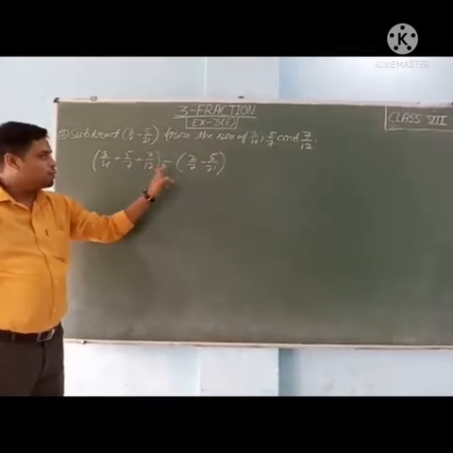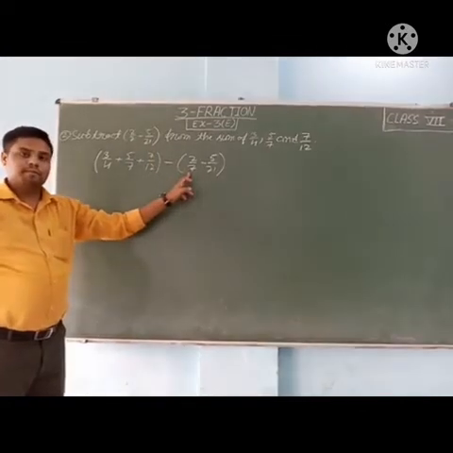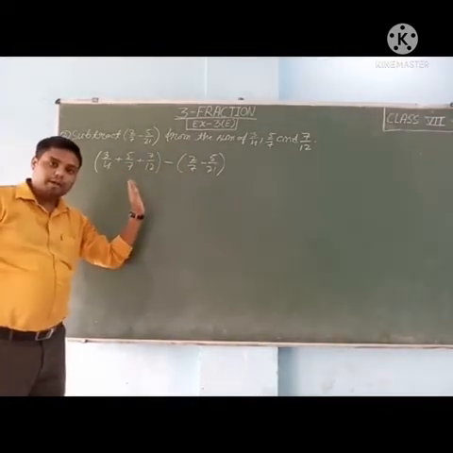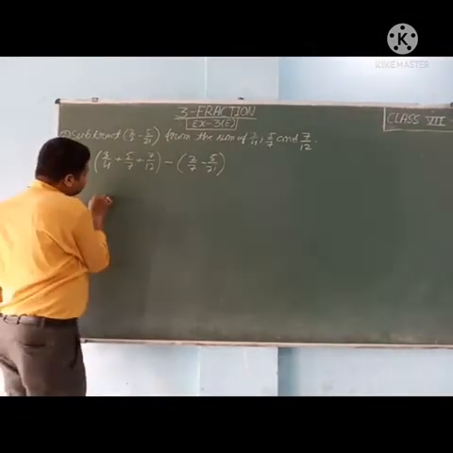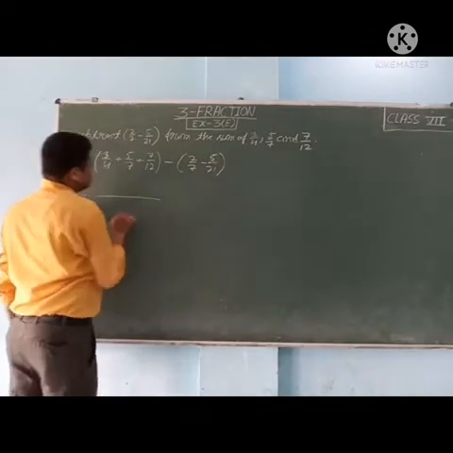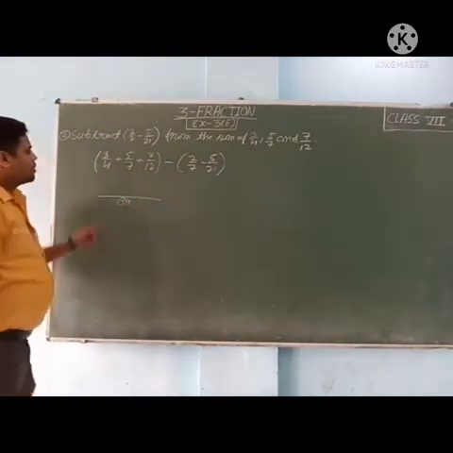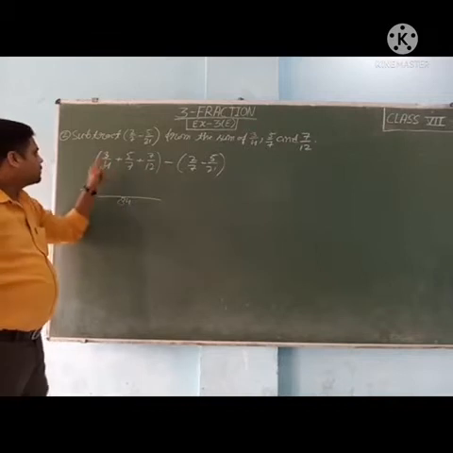Then what we have to subtract? Minus sign. We have to subtract this. So now we will solve this. First we will solve the bracket, then we will open the brackets. LCM will come 84. Now we will divide this. What we will get? 21. 21 multiply 3,